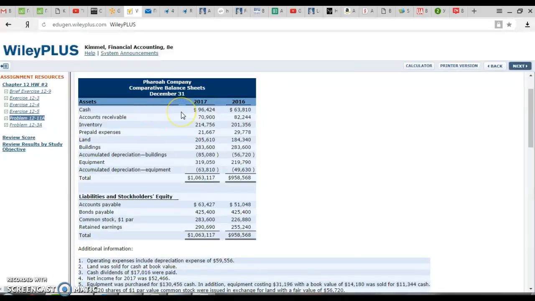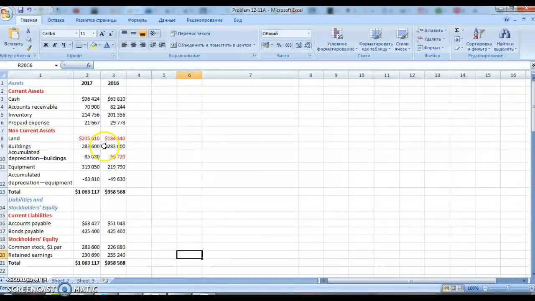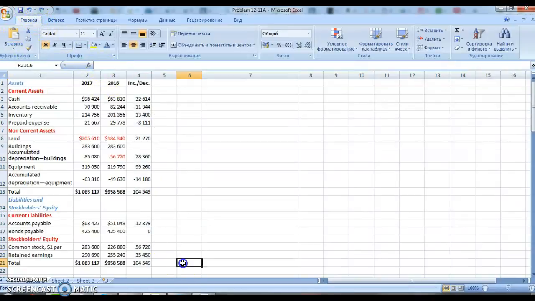Then we have to calculate the adjustments to the data presented in the comparative balance sheet. To do so, we need to move all the data from this table to Excel and make the necessary calculations. In such a way, we'll get the necessary adjustments for current assets, which is cash, accounts receivable, inventory, prepaid expense,